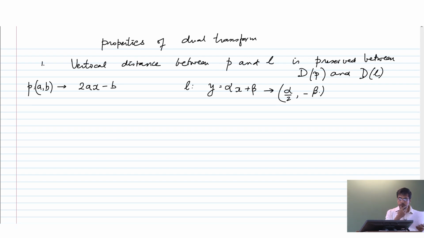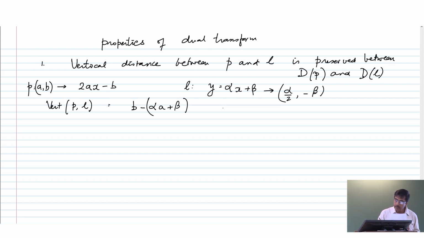This is the mapping that we are using for the dual transform, right. Now, the vertical distance between P and L is what? We just substitute the coordinates, right. So, the vertical distance between P and L is b minus, I will substitute x equal to a, alpha a plus beta, right,